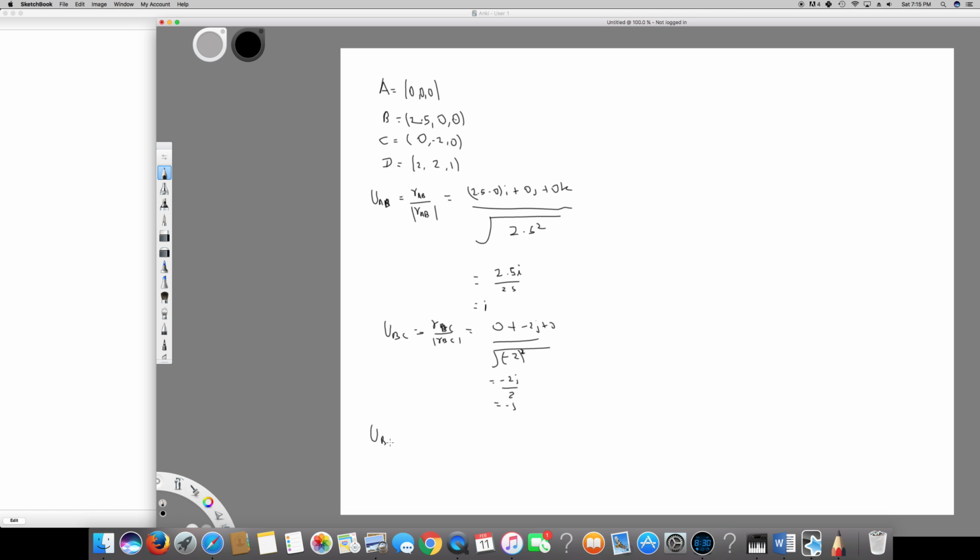UBD is going to be equal to 2. Okay, they have given what is 2i. So 2 minus 0, 2 minus 0 to 1 minus 0 is going to be the same number, 2i plus 2j